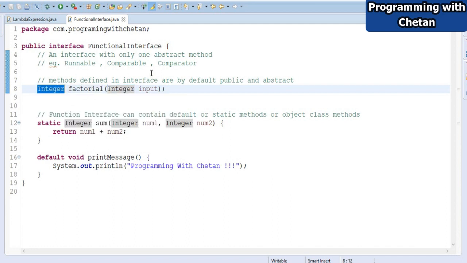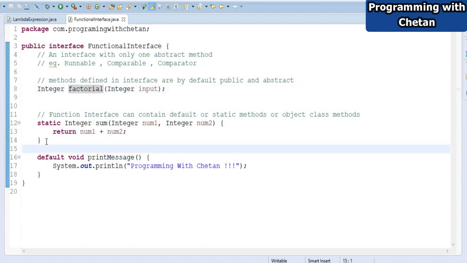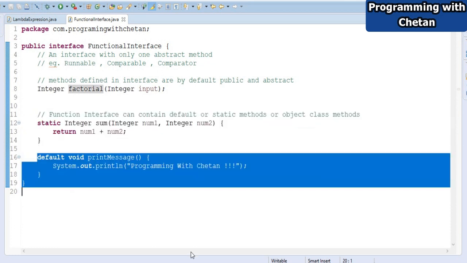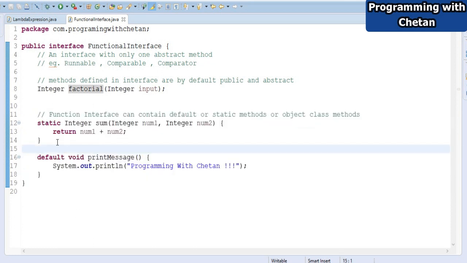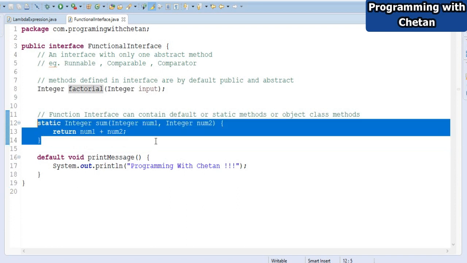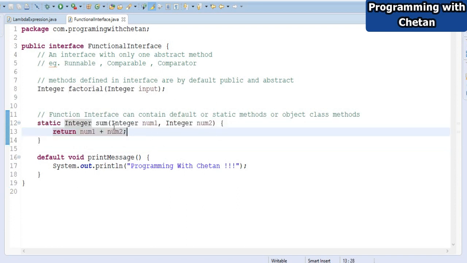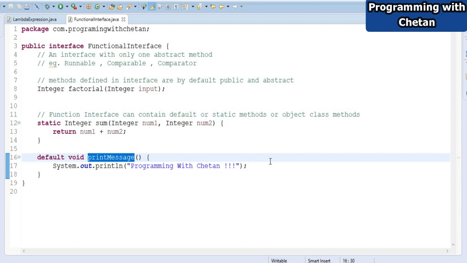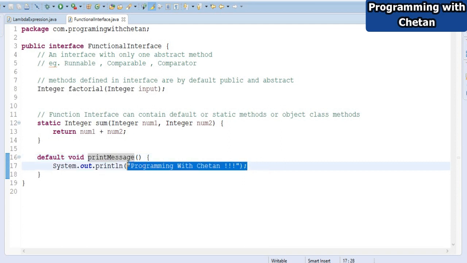So by using lambda expression we will provide the implementation of this abstract method, factorial, to find the factorial of a number. And in the latest versions of Java we can also have static methods and default methods in interfaces. So here I have provided a static method to find the sum of two numbers, and I have also provided a default method to print the message, that is programming with Chetan.